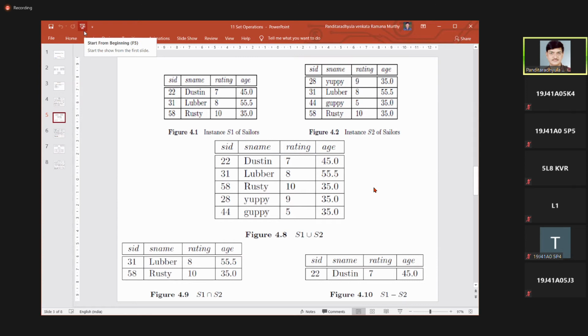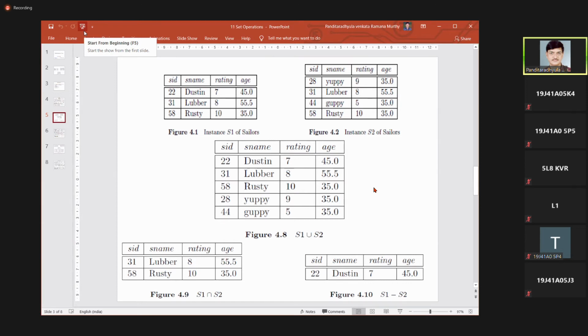What it indicates is that I want to add table S1 with table S2. Table S1 is some result, and table S2 is some result, maybe from the same table. I want to add these two values together. Clear?